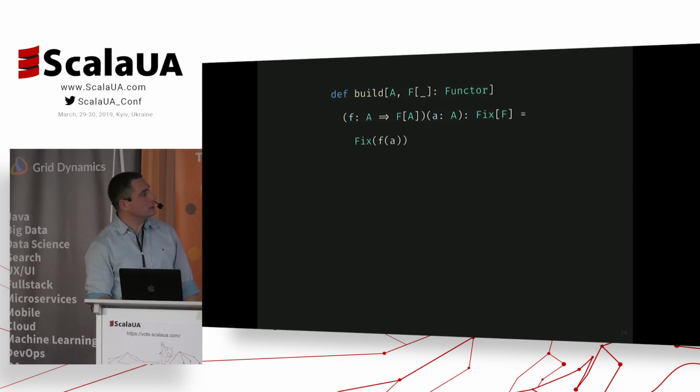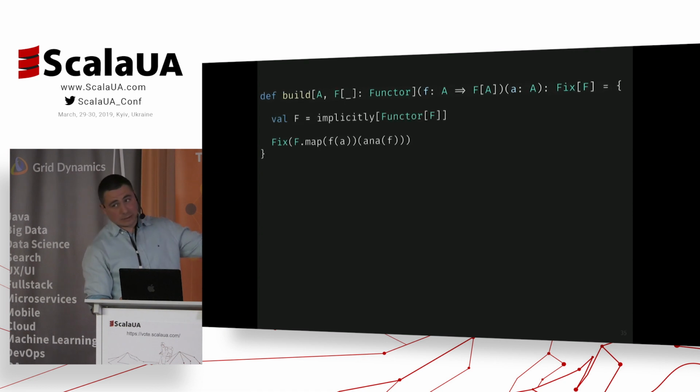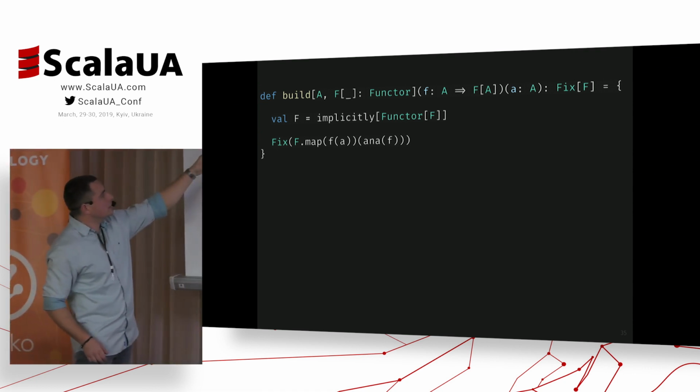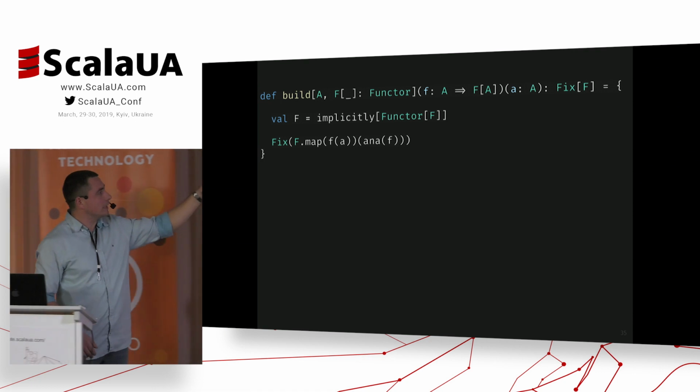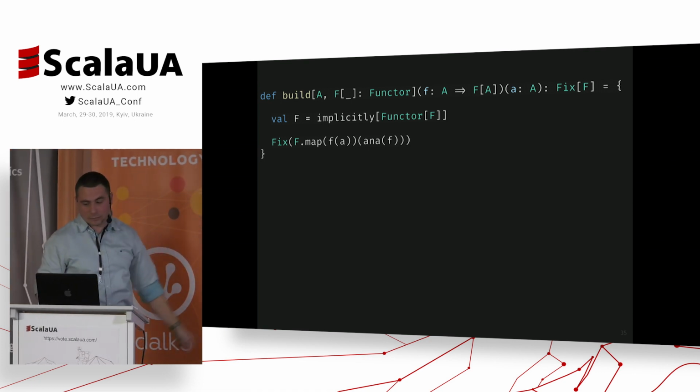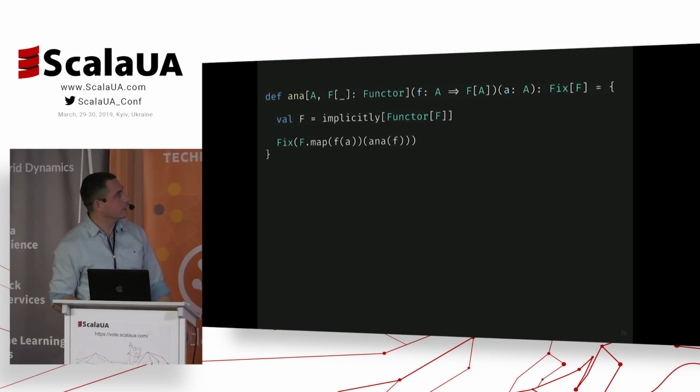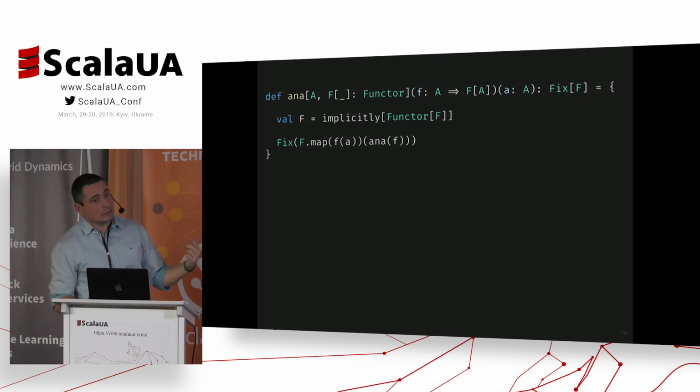So how to implement it? Just following the types. We wrap the result of applying f of a into fix. We still have no recursion here, so we use the functor to go down first. So we apply fix to the result of the application of the functor to the result of f of n recursively. And that's it. That's called ana in